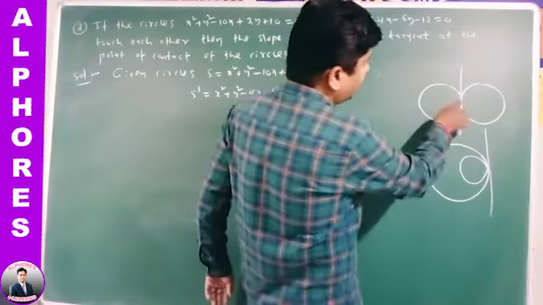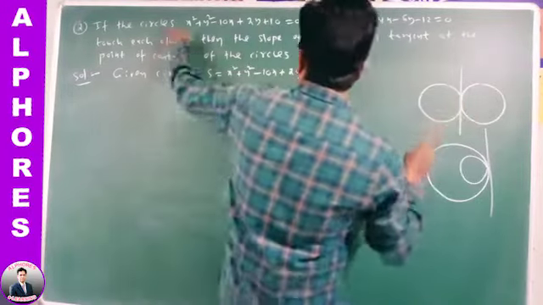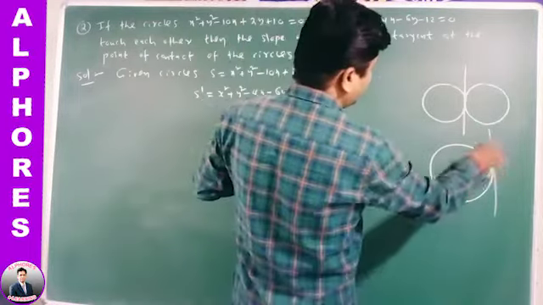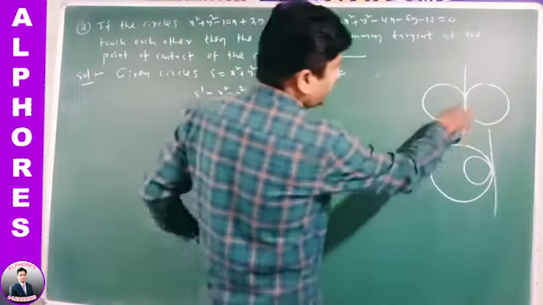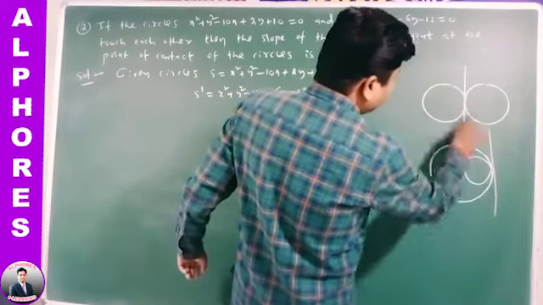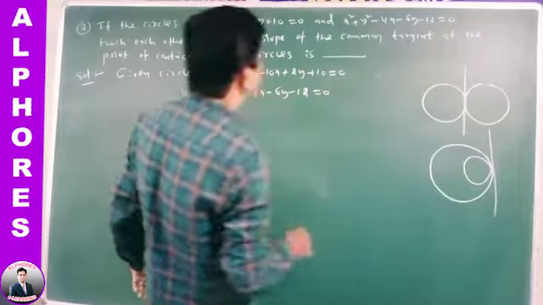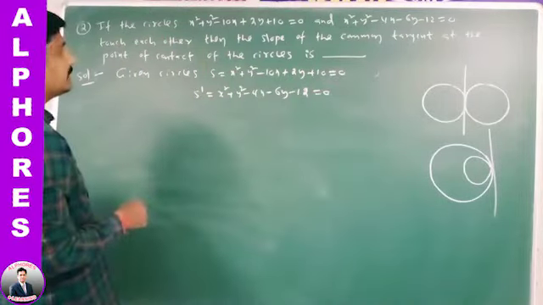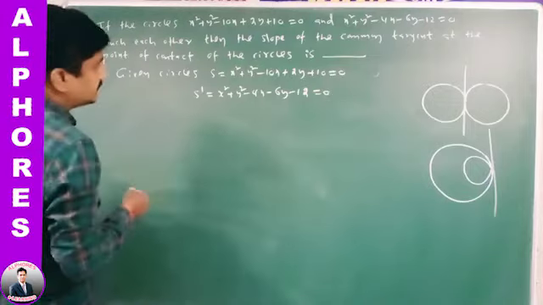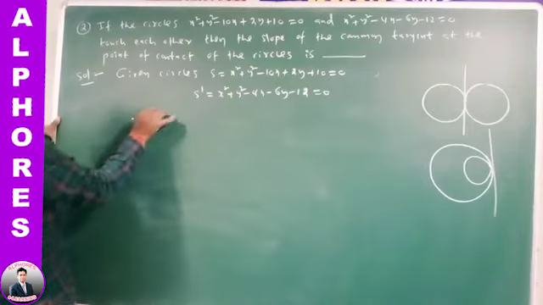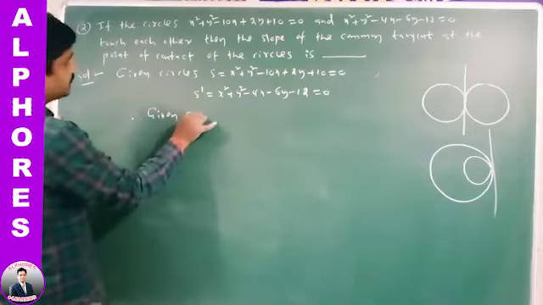Here, this is the point of contact. The two circles touch each other. Then the slope of the common tangent at the point of contact is required. Now, this is the radical axis of the given circles. The common tangent at the point of contact is the radical axis of the given circles. The required line, the given common tangent, is